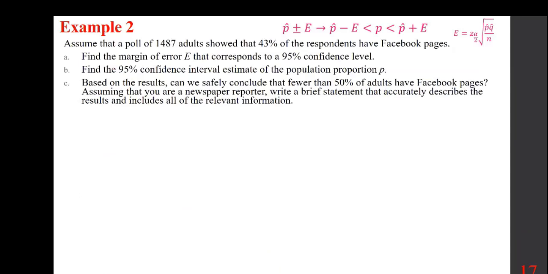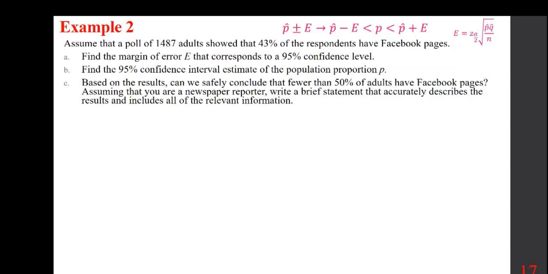Assume that a poll of 1,487 adults showed that 43% of the respondents have Facebook pages. A, find the margin of error E that corresponds to a 95% confidence level. B, find the 95% confidence interval estimate of the population proportion P. And C, based on the results, can we safely conclude that fewer than 50% of adults have Facebook pages? Assuming that you are a newspaper reporter, write a brief statement that accurately describes the results and includes all of